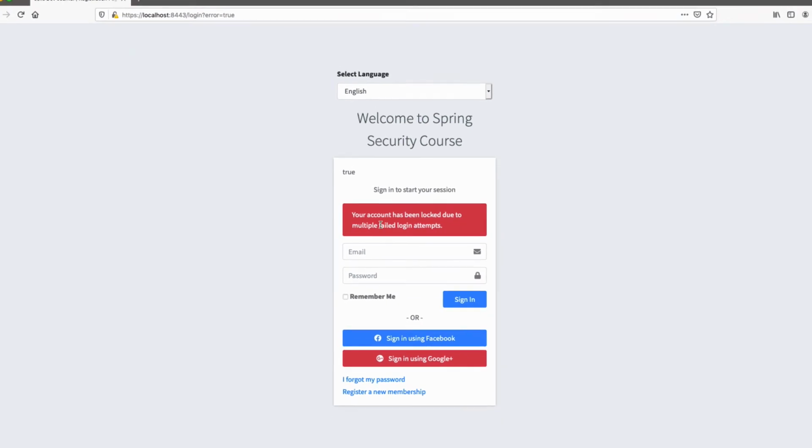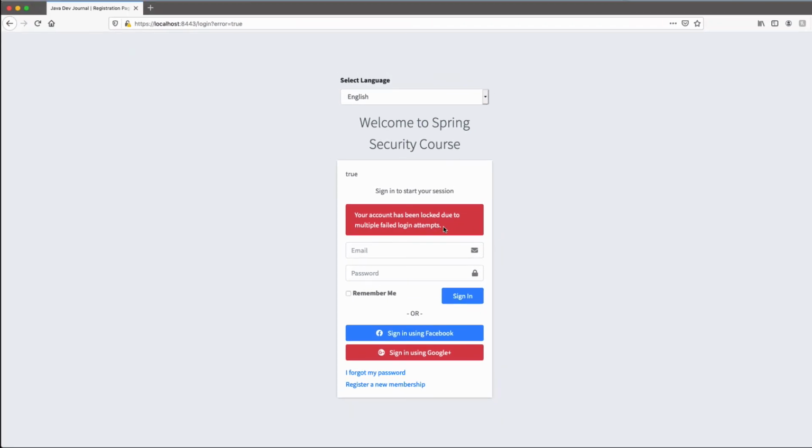Now I'm keeping it simple, but you can add something like, click on reset password to reset your password and all those different things. Or maybe you can tell the user that their account has been locked because of 2 unsuccessful login attempts. But that gives you an idea how this entire thing works. And it's really a handy thing, how we use events to build this feature. Again, I hope this gives you an idea how to protect your application and how to build this feature for your Spring Security application.